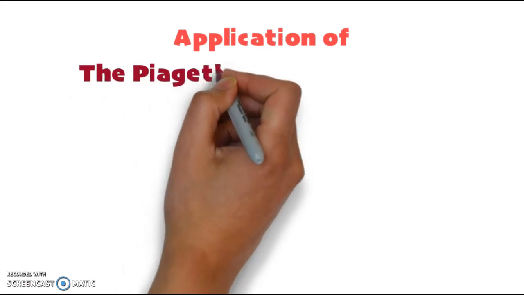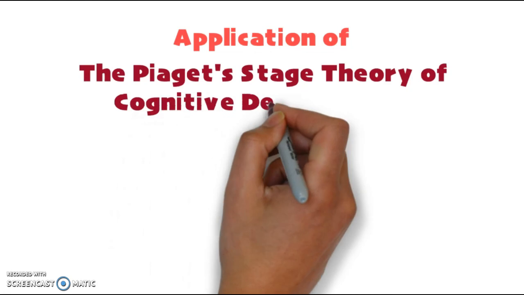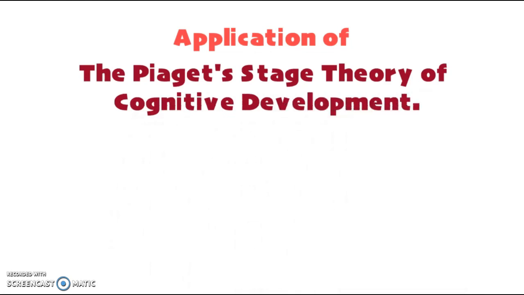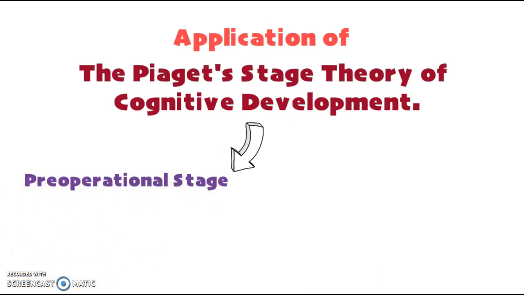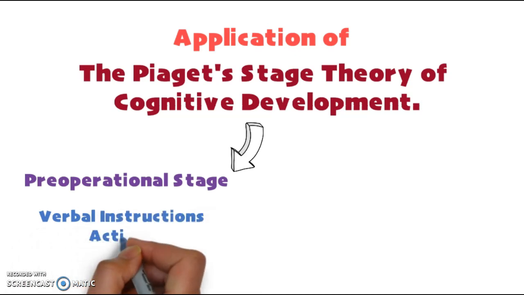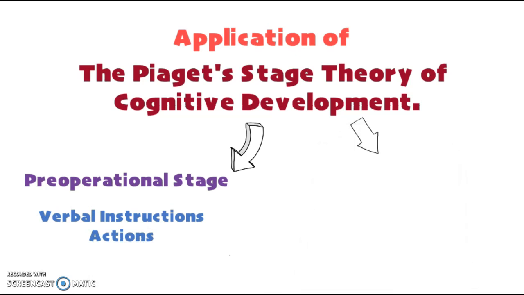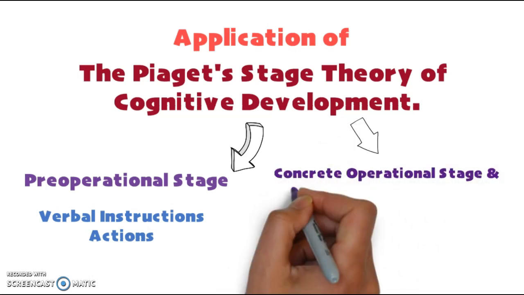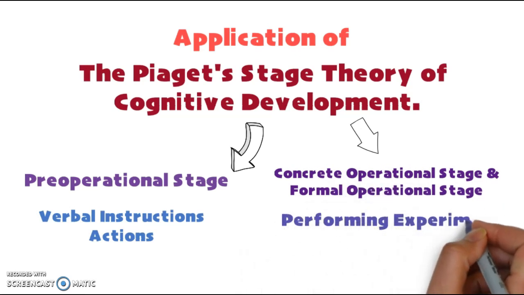According to Jose 2008, the Piaget stage theory of cognitive development plays a very important role in children's education, especially mathematics. Teachers can make more specific plans for teaching and make the children participate in class to a great extent. Like in the pre-operational stage, it's more effective if teachers use more verbal language to teach the children. And in the concrete and formal operational stages, it's better to use performing experiments or testing of objects.